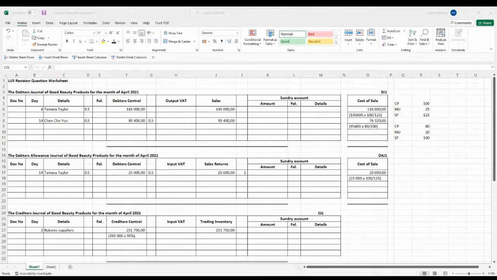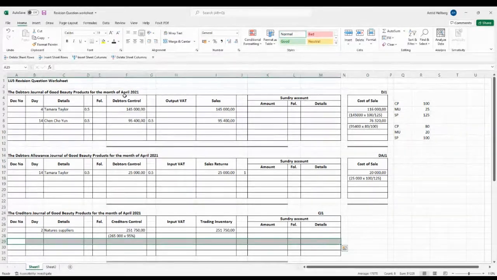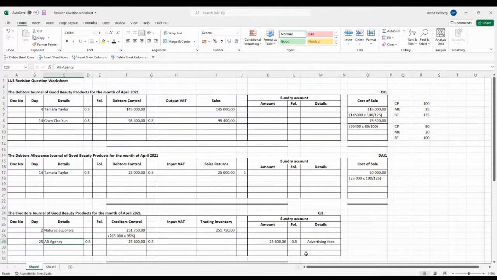Okay, then on the 25th, we bought advertising, but we're only paying for it 6 months after the fact. So that is where we buy it on credit, so that would go to our creditors journal. We would include ABC agency fee, and it will go to advertising fees, that's 25,600. Then on the 27th, we